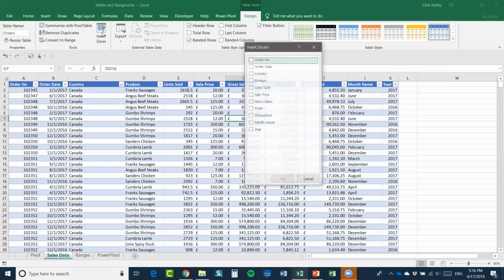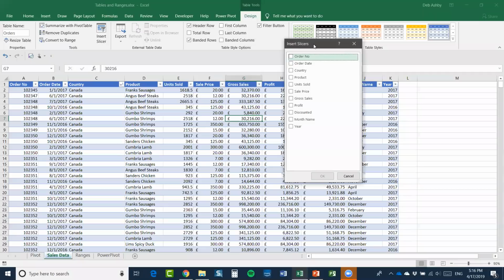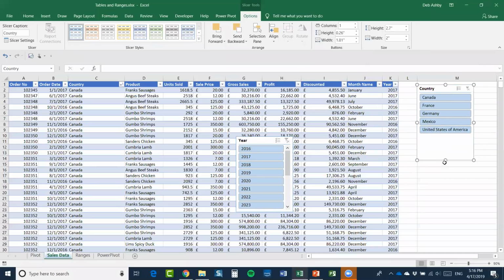slicers. And again, these are another little tool that I love, and people tend to associate these with pivot tables. They're not only for pivot tables, you can just use them on a regular table of data like this one that we have here. And what these are is they're essentially filters, if you've never come across them before, but they're a really nice visual way of filtering your data. So I could add a slicer for this data. I could say I want to add a country slicer and maybe a year slicer. If I click OK, I get these two little panels, which I can then place wherever I like, and I